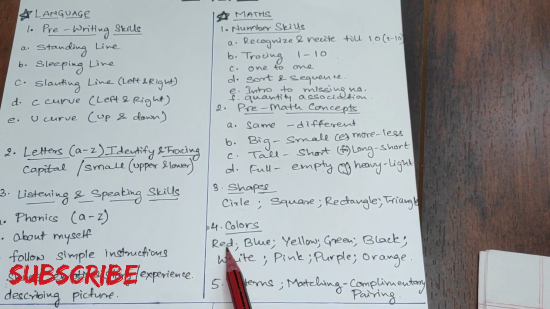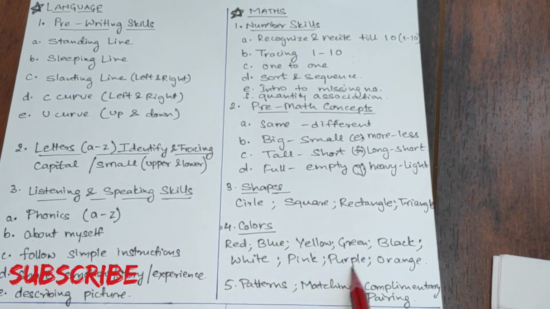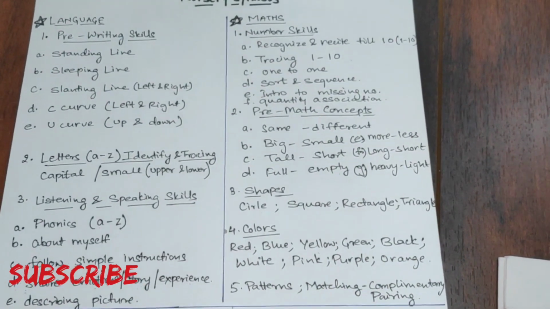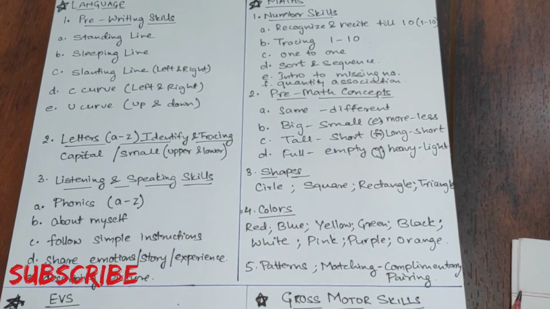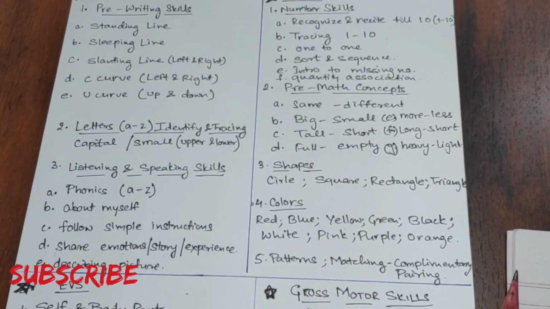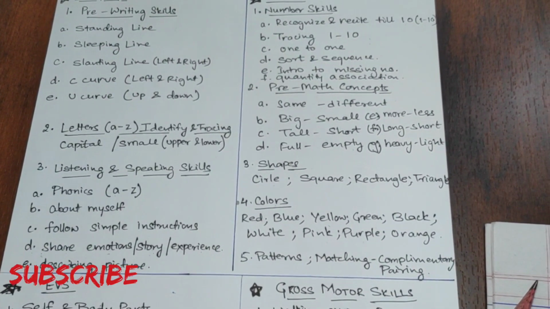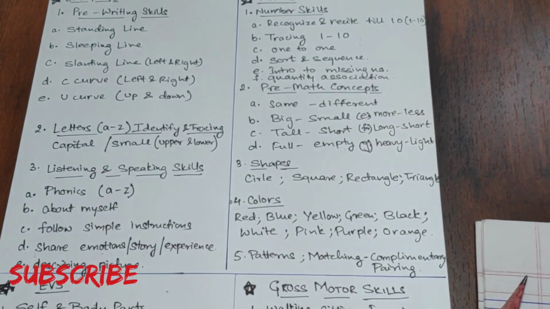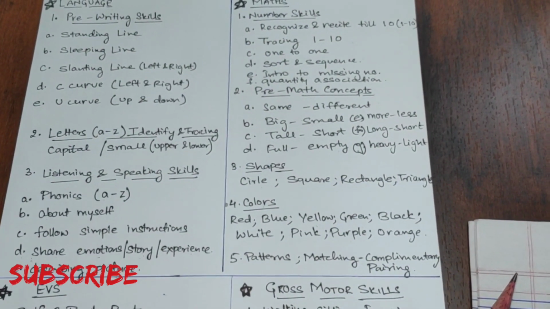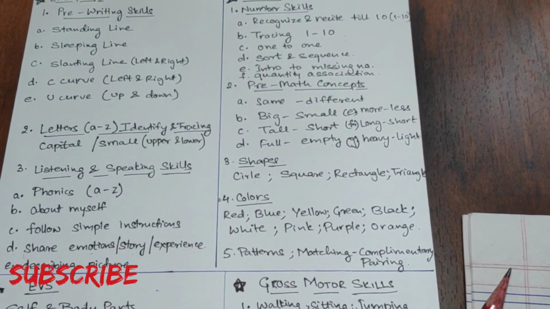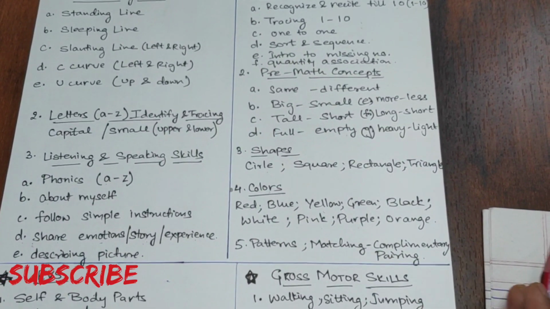So the basic colors like red, blue, yellow, green, black, white, pink, purple and orange. With the help of different activities you can introduce these different kinds of colors. Start by introducing them with the help of different toys which they have. You can have different kinds of blocks. With the help of that, you can introduce the colors, and then gradually you can add two primary colors and show how a secondary color comes. In those kinds of fun activities also you can share.